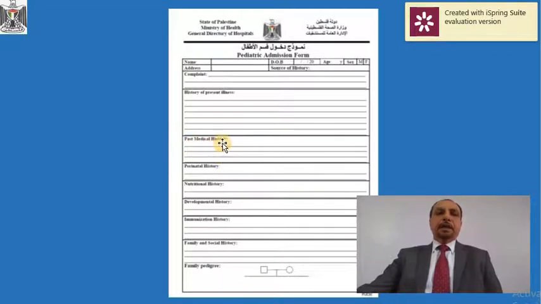This is the past medical history briefly, as we talked about: his condition, chronic problems, history of the same complaint, admissions, blood transfusion, medical or drug history, or allergy to food or drugs and so on. We talk about all these things. This is the perinatal history. Then this is the nutritional history, developmental history, immunization history, family and social history, and here we will